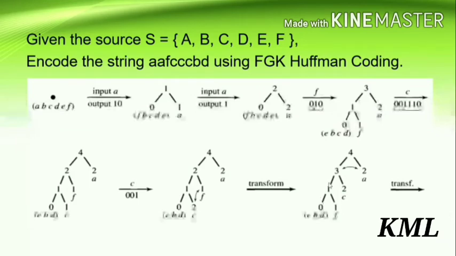Next you have to update the counters from bottom to top. So this 1 plus 2 here, this 2 comes here, so this becomes 3. Then again check the sibling property. So move from the top, you get a 4, 2, then here you get a 3. So this violates the sibling property. So what do we do? Swap it with the leader of the previous block.